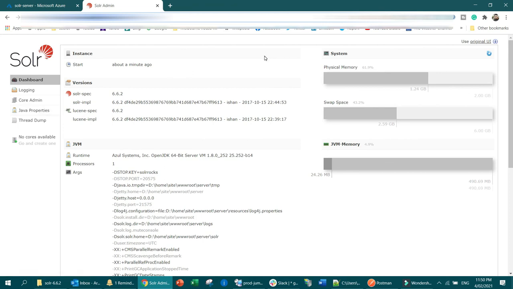In the second video of this series, I'm going to first create an index, and then show how you can configure the Solr schema so that you can index your document. In the second video I'll briefly go through creating some dummy data from a table or somewhere, then we will use the SolrNet library and push the data to Solr, and we'll see how it works with the help of